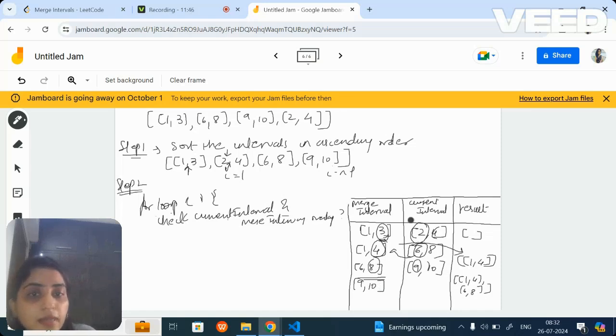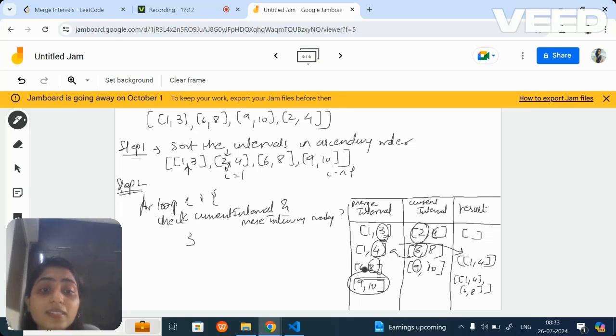Now help me understand, after 9 comma 10 there is nothing that you can see, correct? Is it overlapping with anything? No, we don't have anything. So actually, we have completed the loop. The loop is completed, but the last element is not yet pushed.